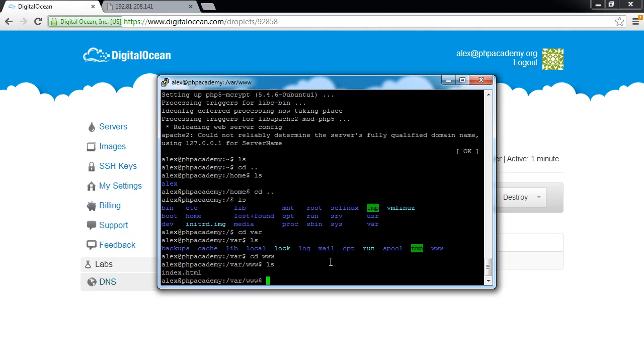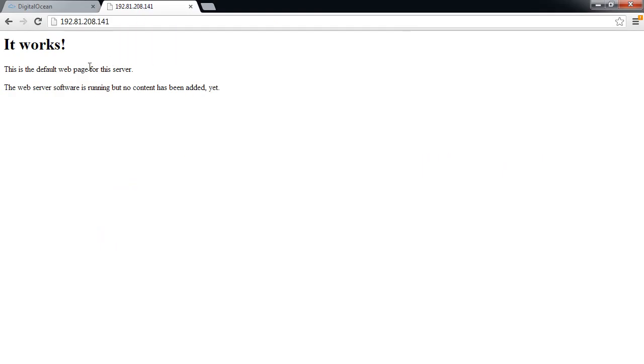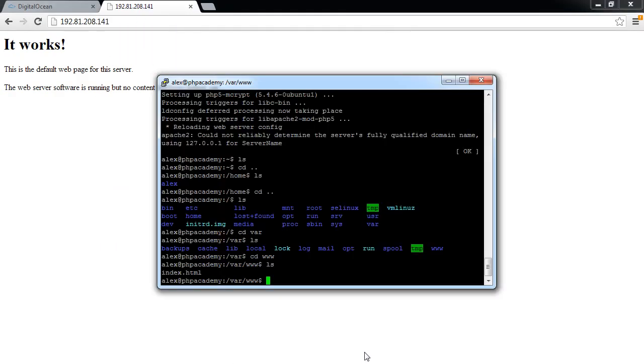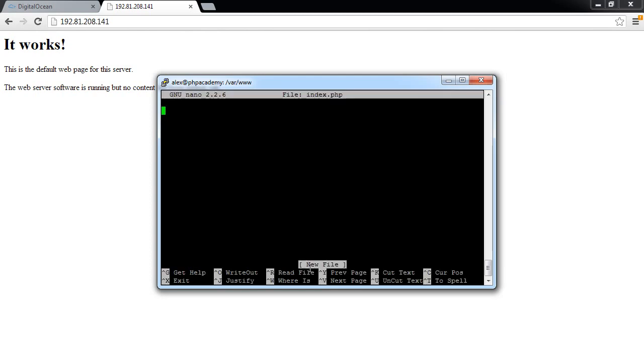So at the moment we've got index.html, which is what you see here. This is index.html. So we can go ahead and change this if we want. But I think what we'll do is we'll create a new file. So we say sudo nano, and we choose the name of the file. This will create it for us. So I'm going to say index.php